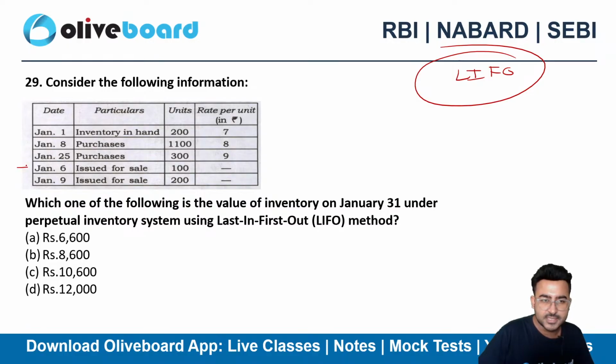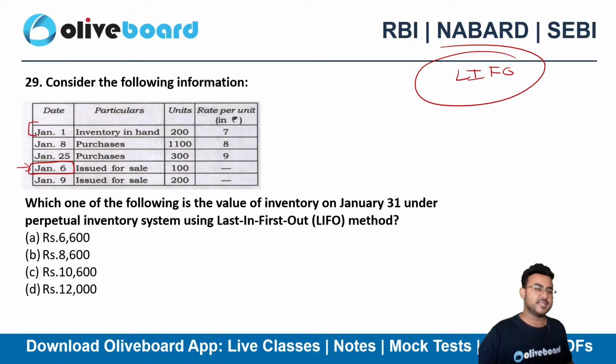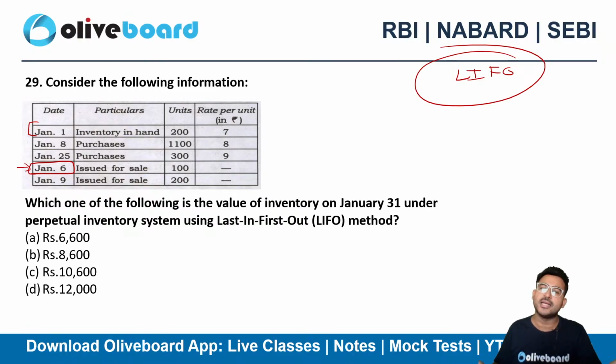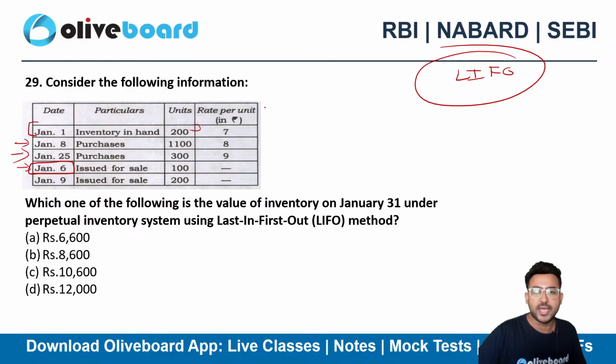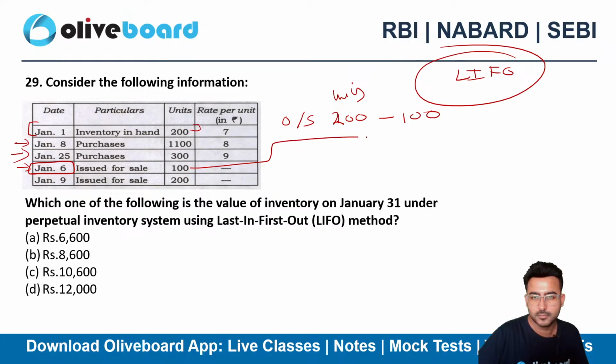So what is the first sale I have made? 6th of January. On 6th of January, how much stock was I having? I was having only the opening stock. Obviously 6th of January को जब मैंने 100 यूनिट्स बेचे तो ओपनिंग स्टॉक में से ही बेचे होंगे, बाकी तो सब 6th of January के बाद खरीदा है, राइट? सो मेरे ओपनिंग स्टॉक में से कितना बच गया होगा? 200 यूनिट्स था, 100 यूनिट्स मैंने सेल कर दिया. सो 100 यूनिट्स बच गया होगा क्लोजिंग स्टॉक में